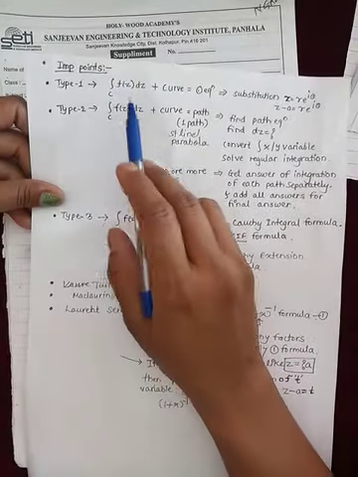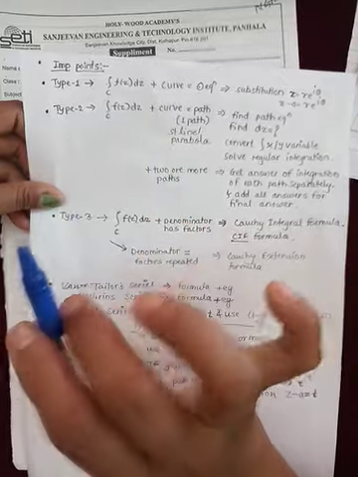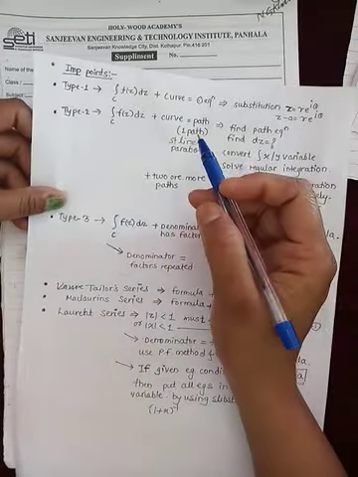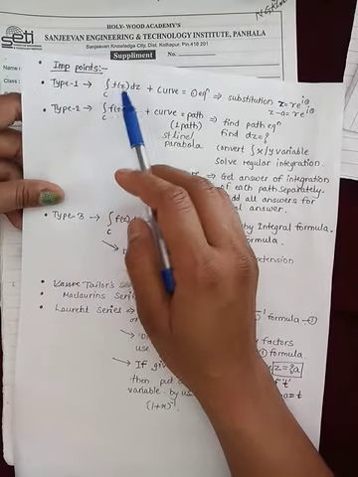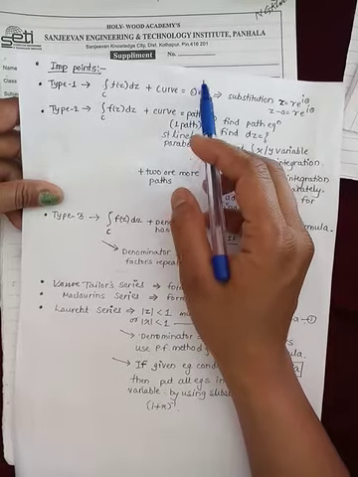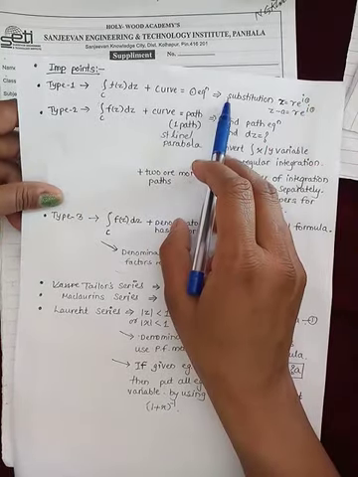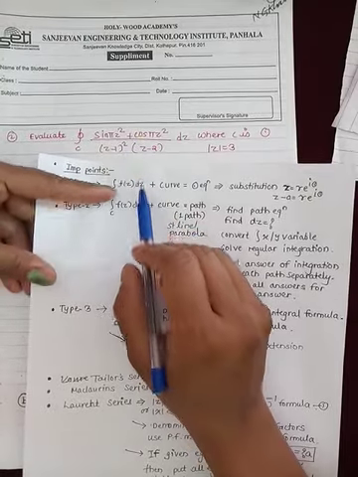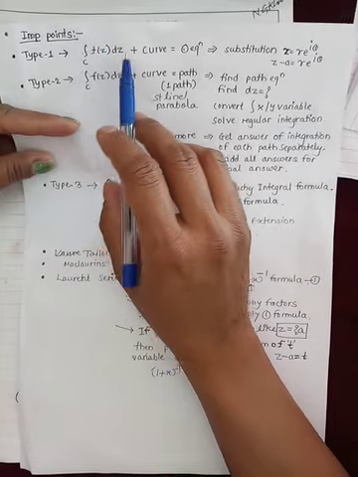That is type 1. As a hint, you can remember these points for application of the various formulae. Type 1 formula: integration of f(z) dz is given, and if the curve is mentioned as a circle equation, then we have to use the substitution method. Here f(z) is not given in numerator upon denominator form.